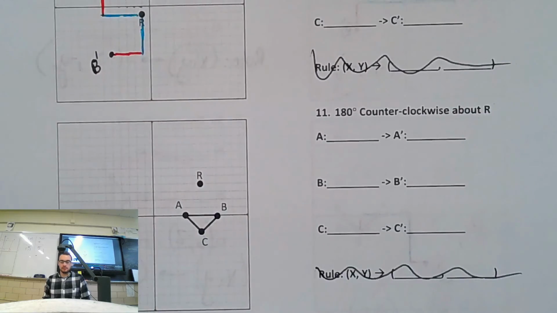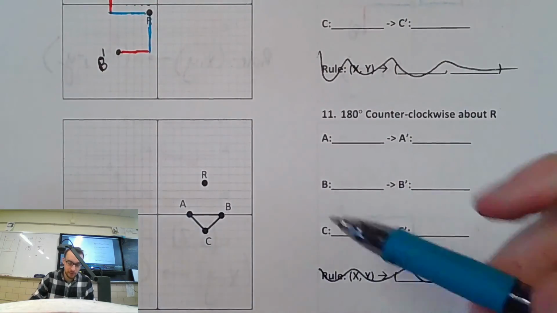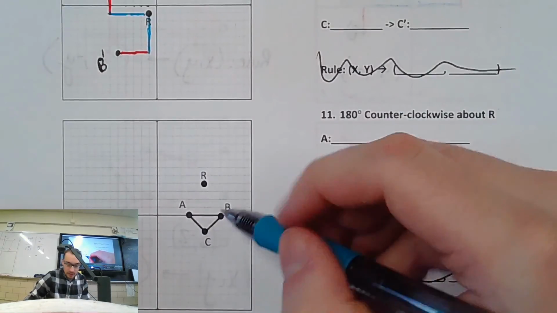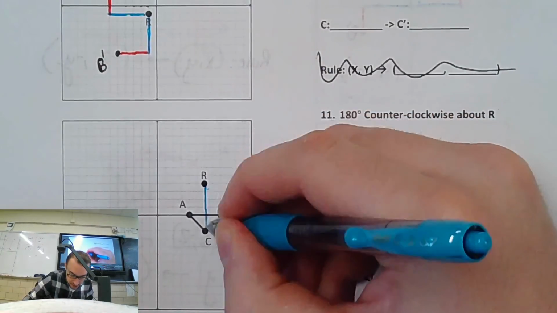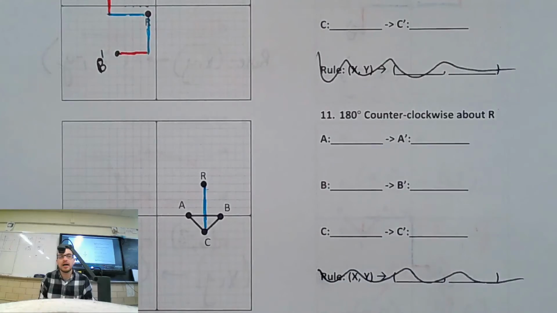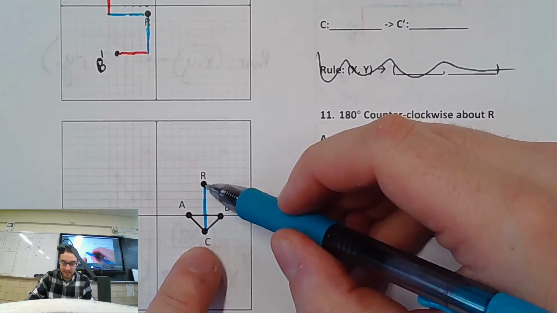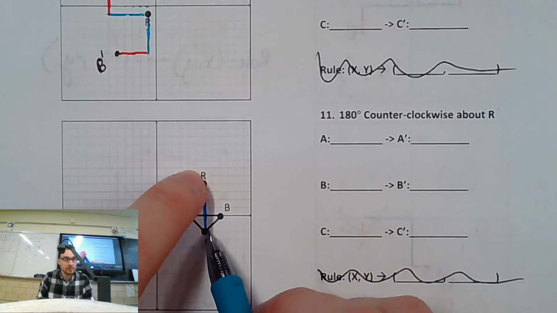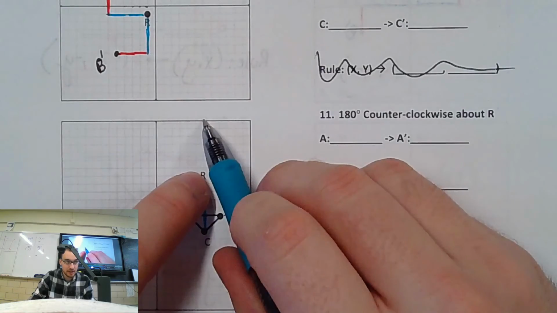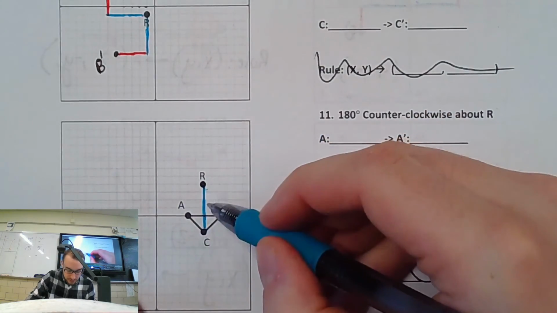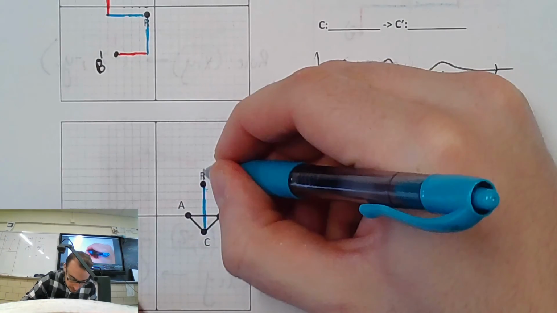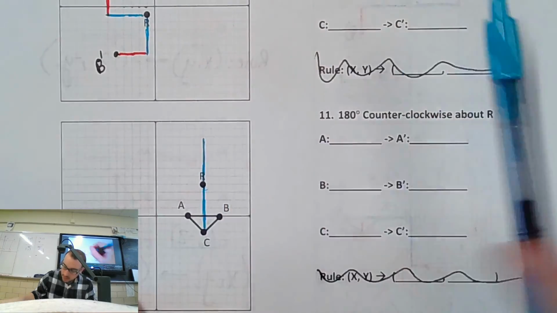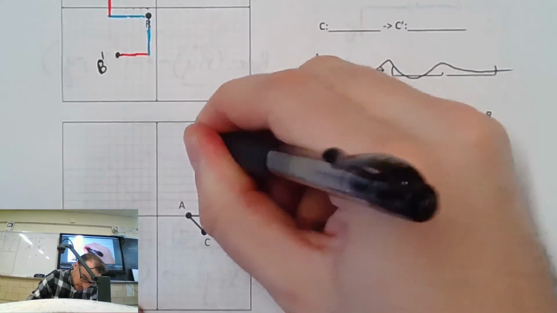Notice on number 11, when you're drawing your L for C, there isn't going to be an L, is there? That's all you've got. So when you rotate that, you're just going to rotate that line 180 degrees counterclockwise. Doesn't matter what direction you go if you're 180, right? So 180 is going to flip it around to here. 1, 2, 3, 4, 5, 6 in length. There's where C prime is going to go.